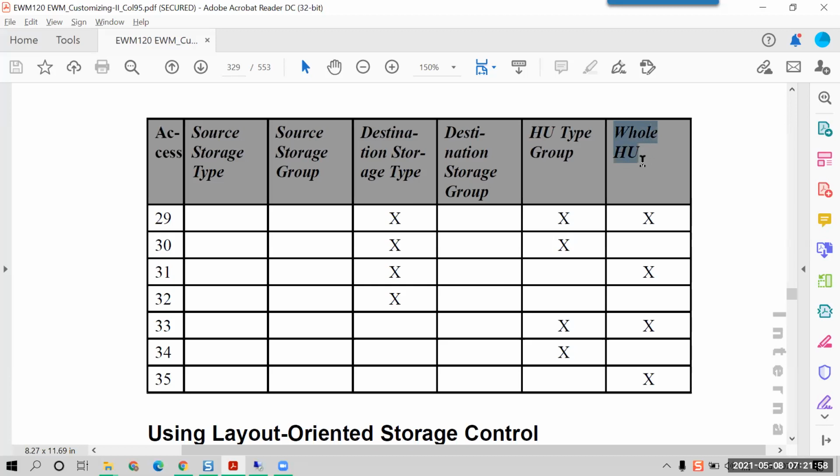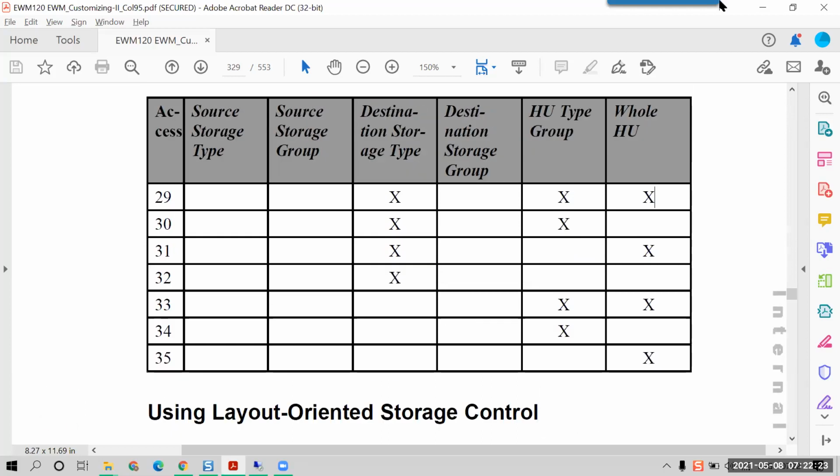Yeah. Have you seen this whole HU option? Yeah, I selected this whole HU also, partial HU and whole HU option also, but it is not working. Unfortunately, it was not working for me. Whole HU is working, but partial HU was not working for me. That's the reason. For example, product task should be selected over here. Okay, I'll show in the end. Maybe I'll show in the system so that we will have good clarity on it. Yeah, go ahead. Yeah, good.